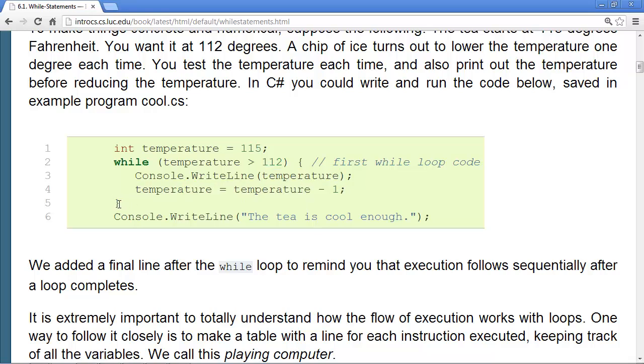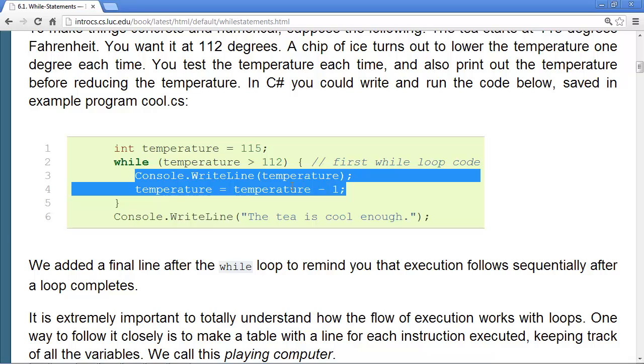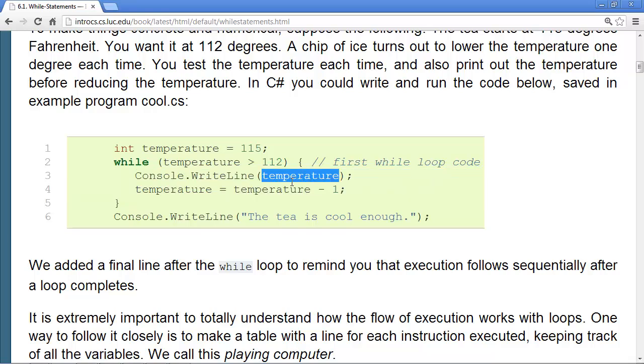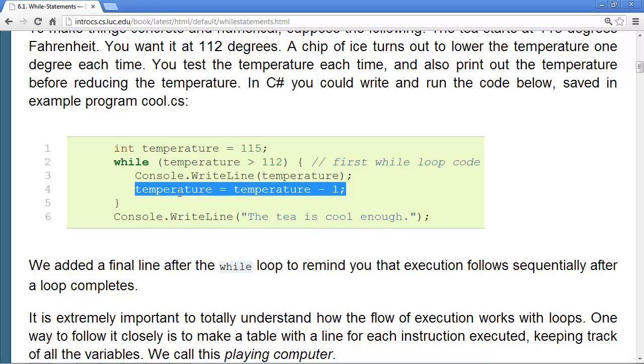And again, we reach the end of this statement, but it is a while statement, so we go back and test the condition again. 113 is still barely greater than 112, so this is saying yes, go ahead and do the body again, write the current temperature 113, and then decrease the temperature.